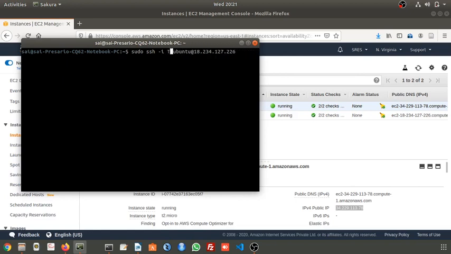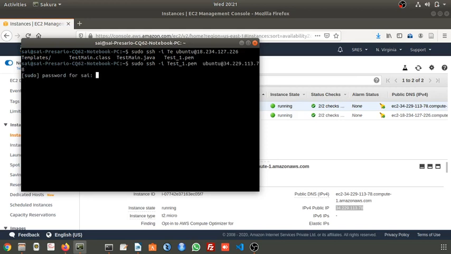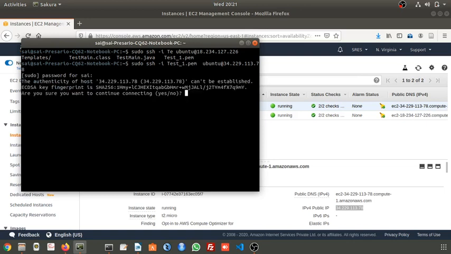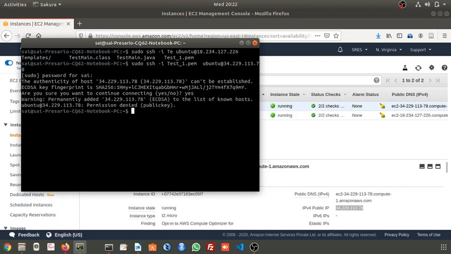Ubuntu is the username, and then @ and the IP address. Let's see what will happen, whether we are going to connect or any errors will come. It will ask this for the first time. I think permission is denied. Something went wrong. So let us copy this and access it.